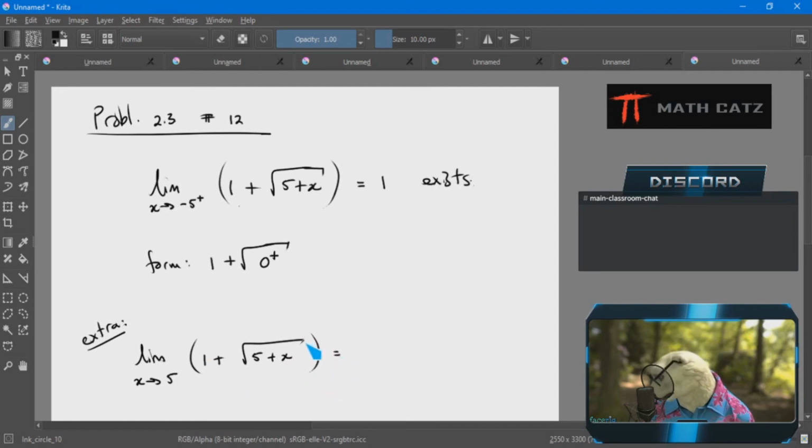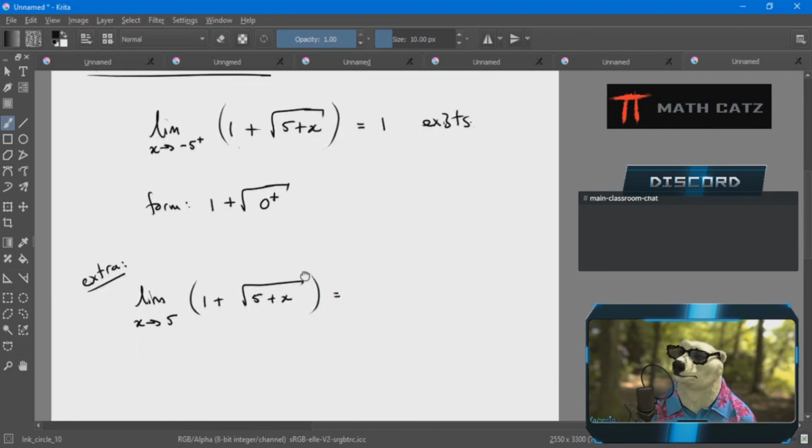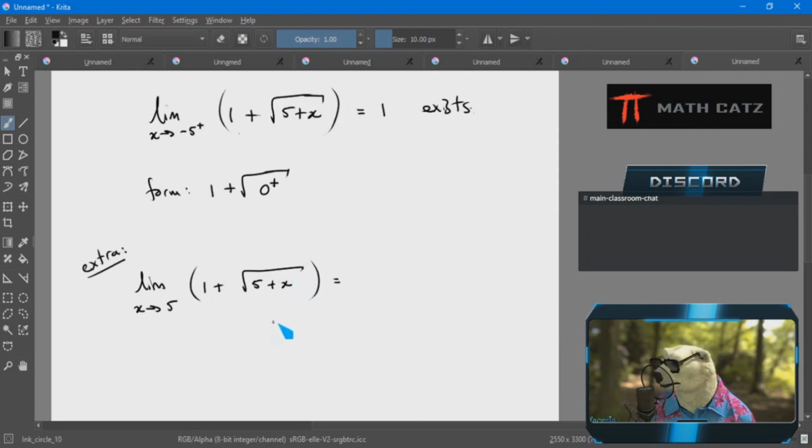I do the same thing initially in that I see a square root, so I need to watch out. Maybe you do want to check the form. Okay, 1 plus square root of something. What is happening to the inside something? Well, x gets close to 5. 5 plus 5 is 10. There's no issue whatsoever. Right? It's only at the endpoint where the square root function has the issue at 0. And I'm far, far away from that. So I just plug in